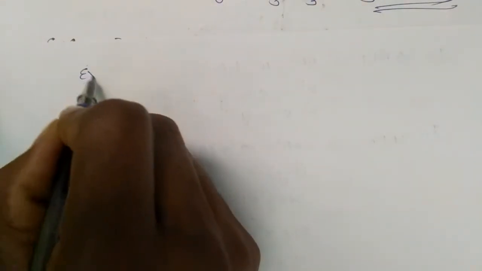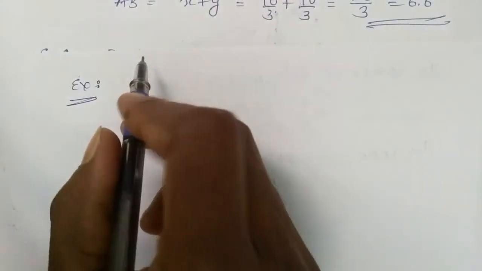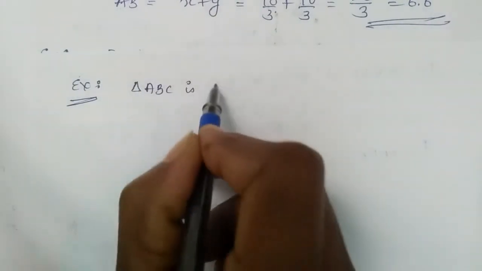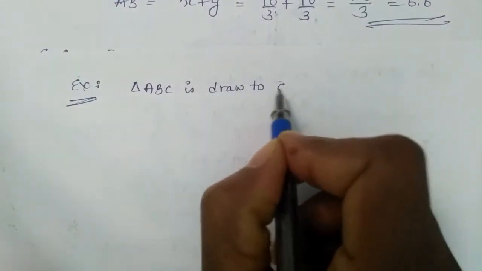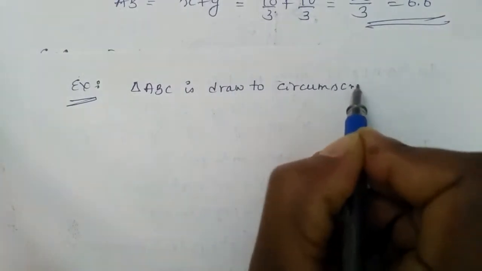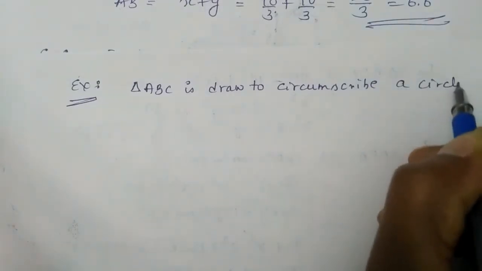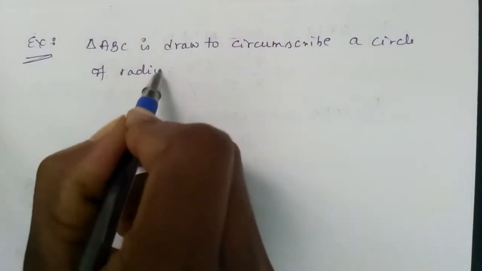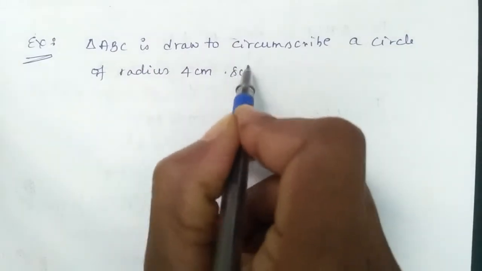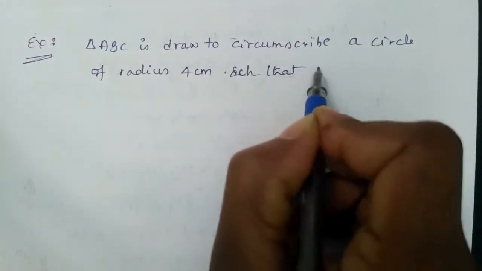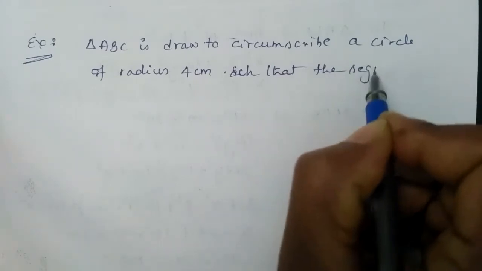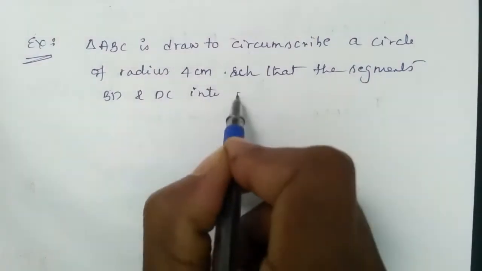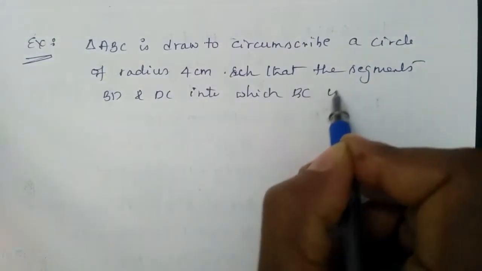Next we go for another example. Triangle ABC is drawn to circumscribe a circle of radius 4 centimeter such that the segments BD and DC into which BC is divided